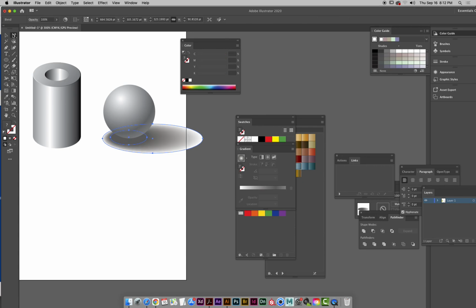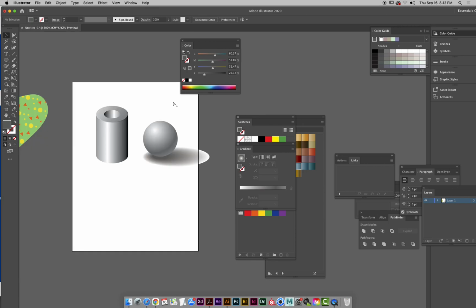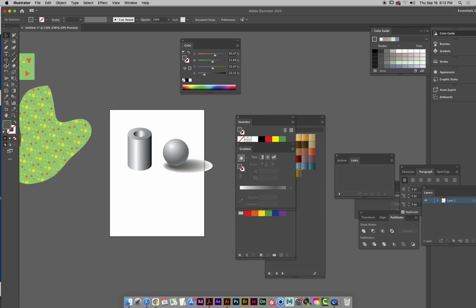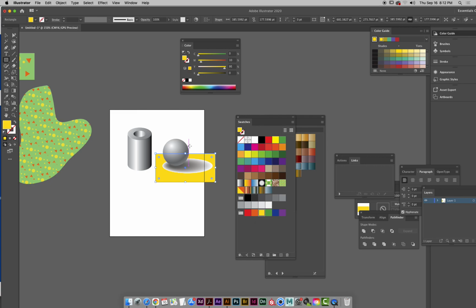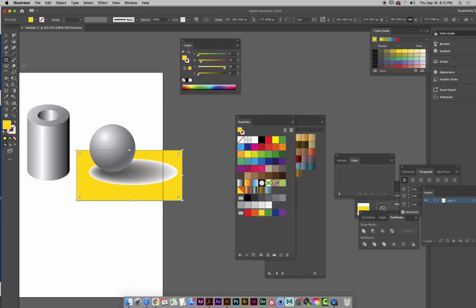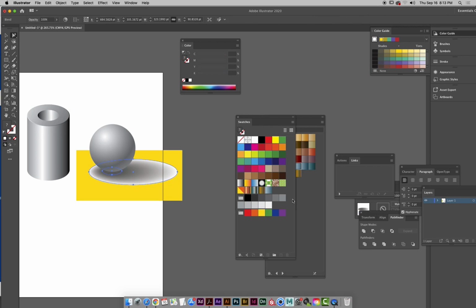So if I blend between those two shapes, we'd get a subtle transition from the ball casting a shadow onto that surface. This shadow wouldn't work very well if the background was a different color because it ends in white. So if I was to put a color behind this, the shadow would start to look a little bit weird. But if I change the blending mode on the shadow, so I select that blend by double clicking with the group selection tool, I can then go to Window,